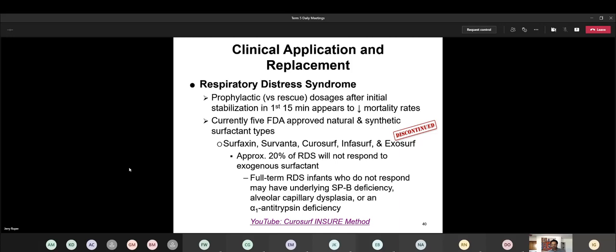Now, one thing I wanted to also comment on is some of those shots. They were showing people with no gloves touching the babies, assessing and what have you. But the therapist that actually instilled the Curosurf had on gloves. Now, what that's about, it's not really that big of a deal, because before you go into any nursery,